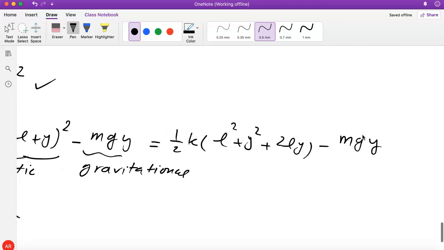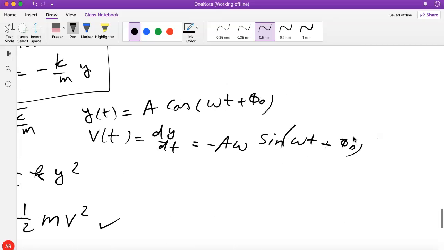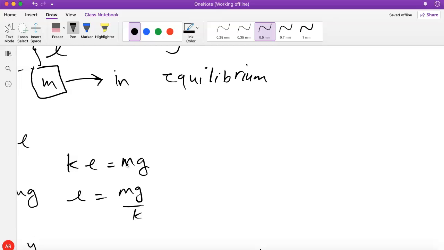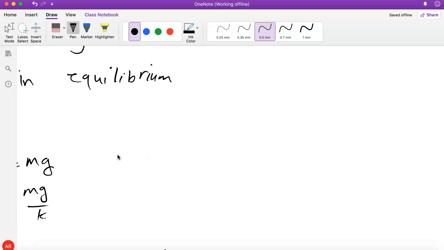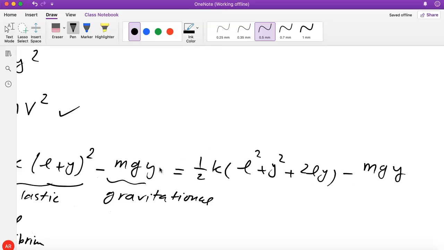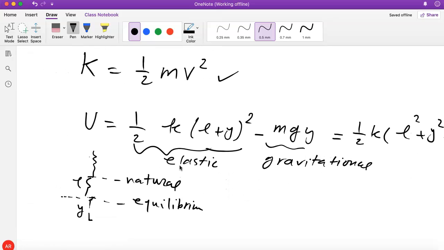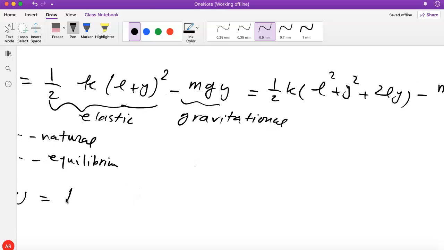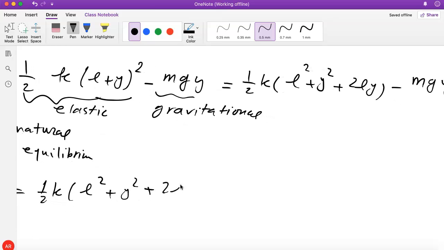Let's now recall that mg was equal to kL, right? That was the first condition that determined the equilibrium position. The force of the spring at the equilibrium position should cancel out the weight. So this I can write as, let's write it over here. It's 1/2 k (L squared plus y squared plus 2Ly)